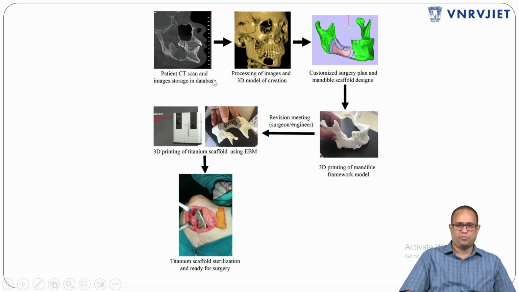The patient CT scan is obtained, and then the images are processed using the medical modeling software, and this is called the region of interest, or ROI. Suppose you want only the jaw; the remaining portion is removed in the medical modeling software, and only the portion of the jaw is left over,